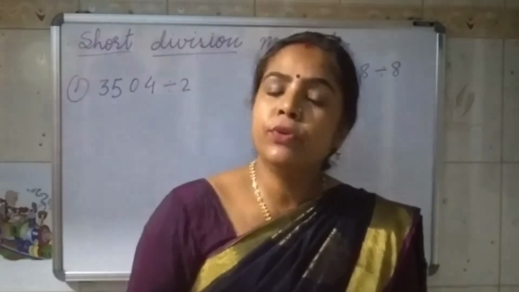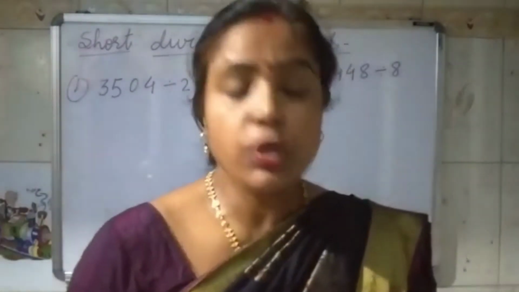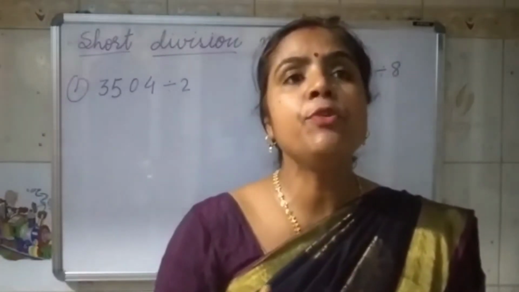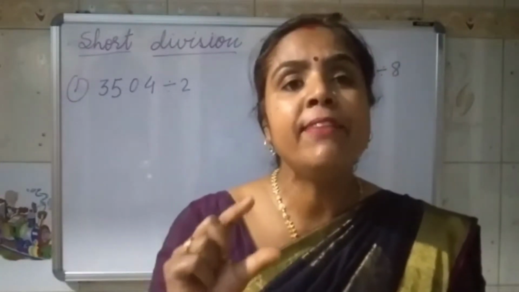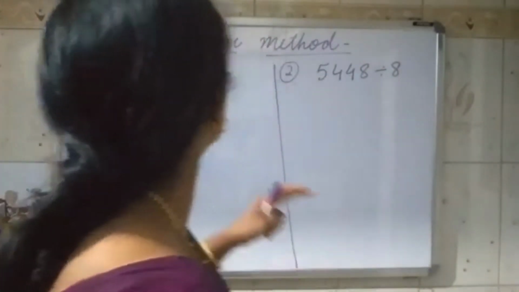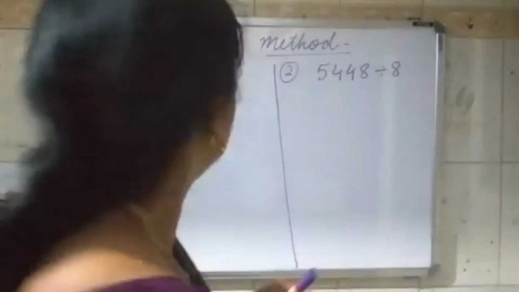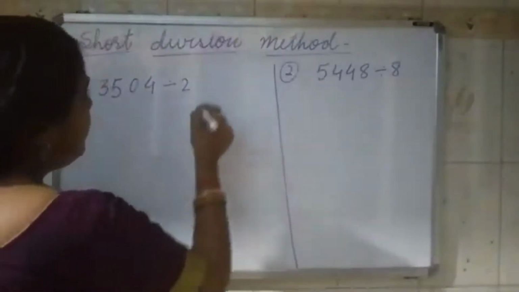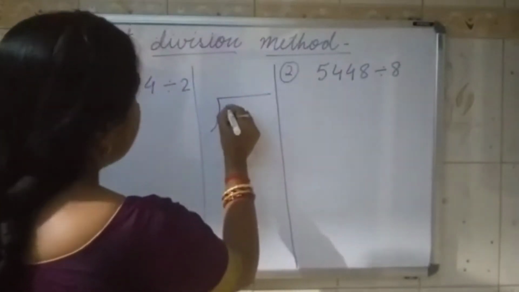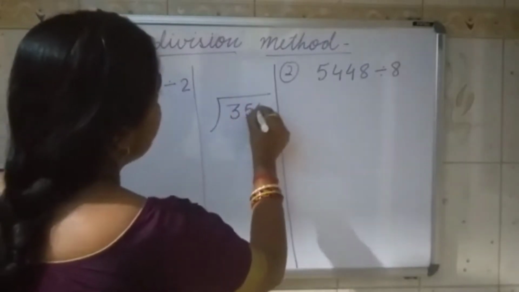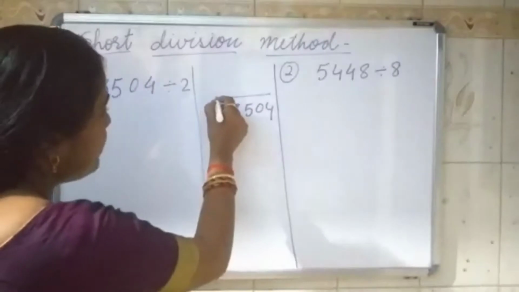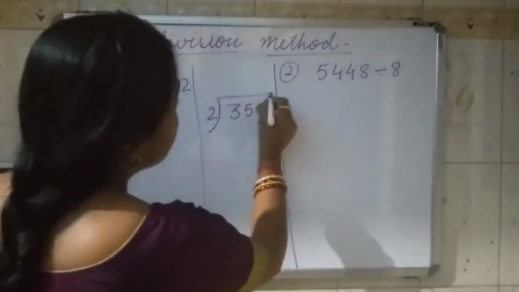Now I taught you division by the long process, the dot method, the grouping method, so many things. In that case, if you have to do it mentally, or we want a very quick division, how will we do it? We are going to use the short division method. Short division method means, if you are doing the long division method, you make the column like this and write the dividend here, 3504, and divide it by 2. So the divisor is under this bracket, and then we write the quotient above.